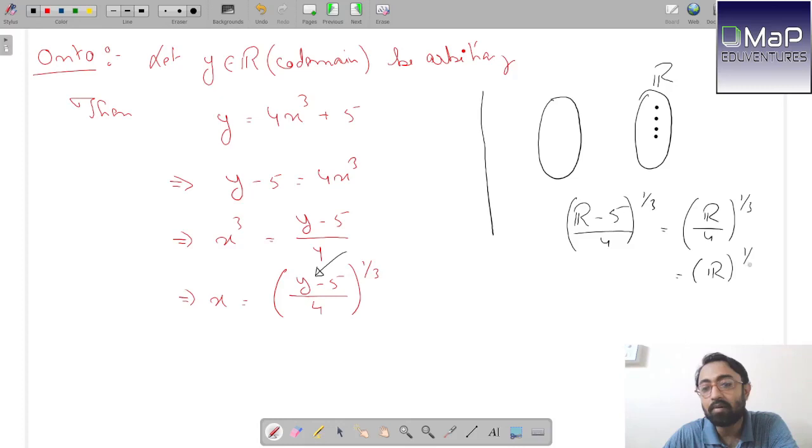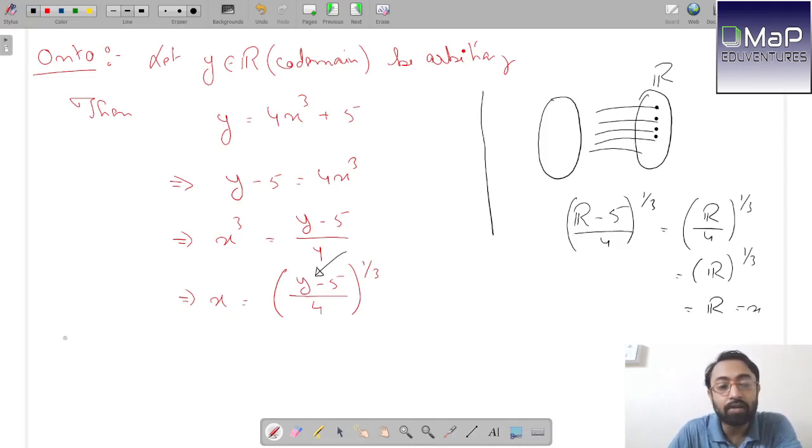And any real number, be it positive or negative, if you take the cube root, you will again get a real number. So we are confident that for whatever real number you put, you will obviously get a preimage, and for any y you take, you will definitely get an x. So by this logic we can say, we do not need to write the right hand side part in the exam, I said it just for analysis. You can come directly here. Thus for all y belongs to R, which is the codomain,